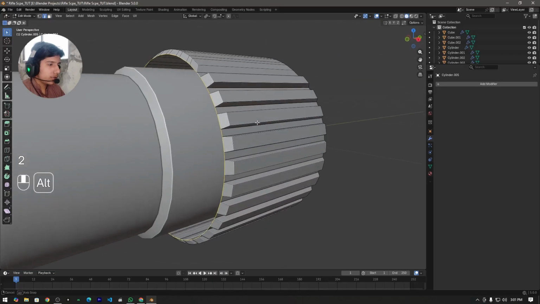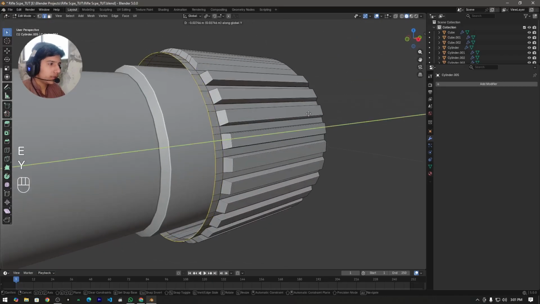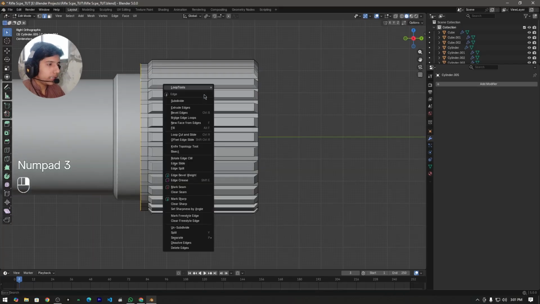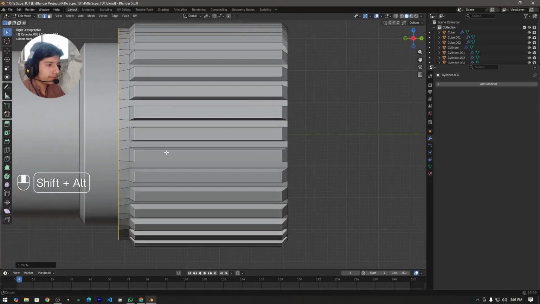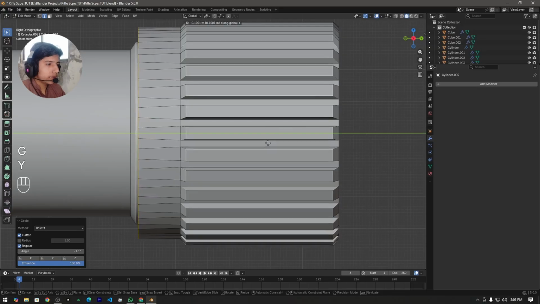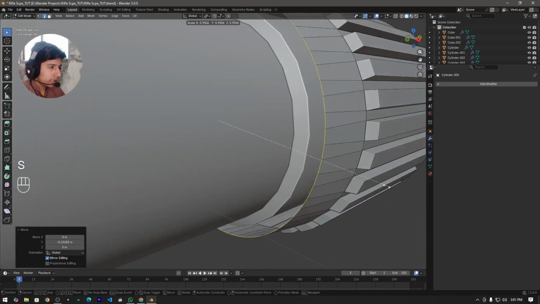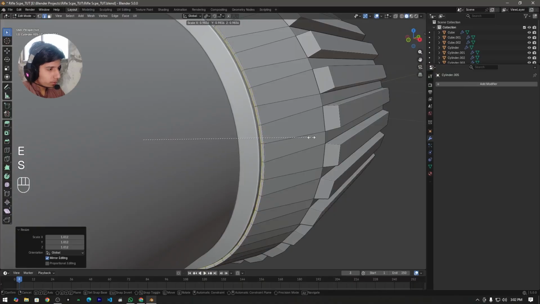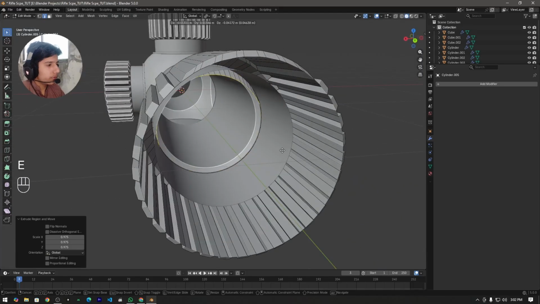Then select this edge loop, press E to extrude it and extrude it on the Y axis, and then press right click, loop tools and circle. Play with the angle if needed, and then press GY to place it here, and then scale it down to something like this, and then extrude it again, and then I'm going to extrude it on the Y axis